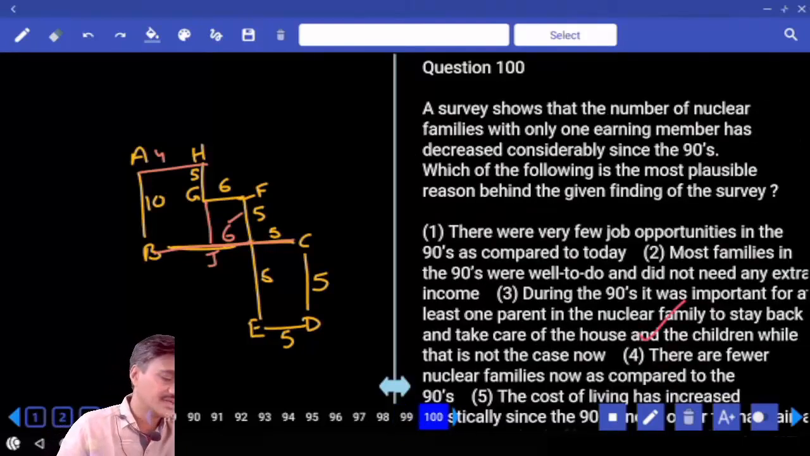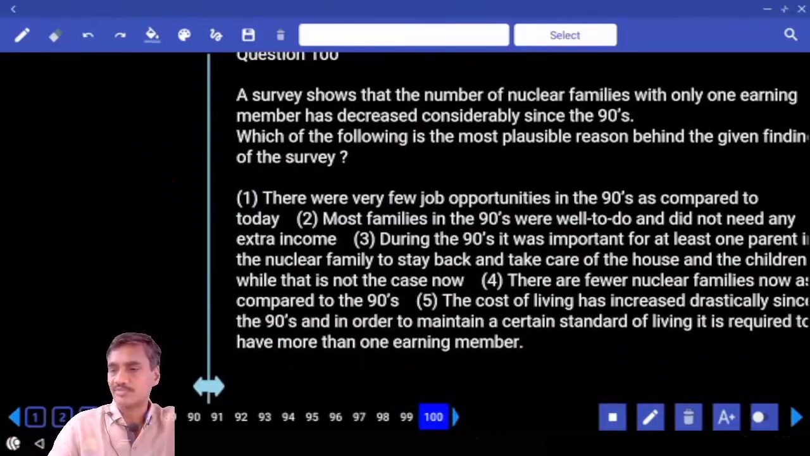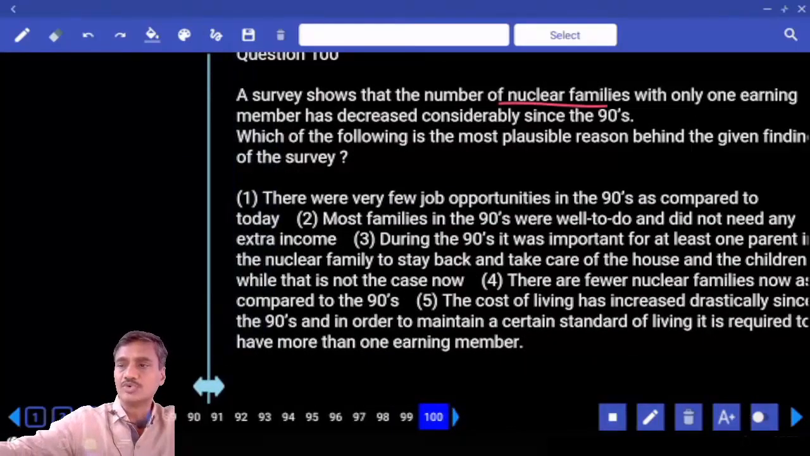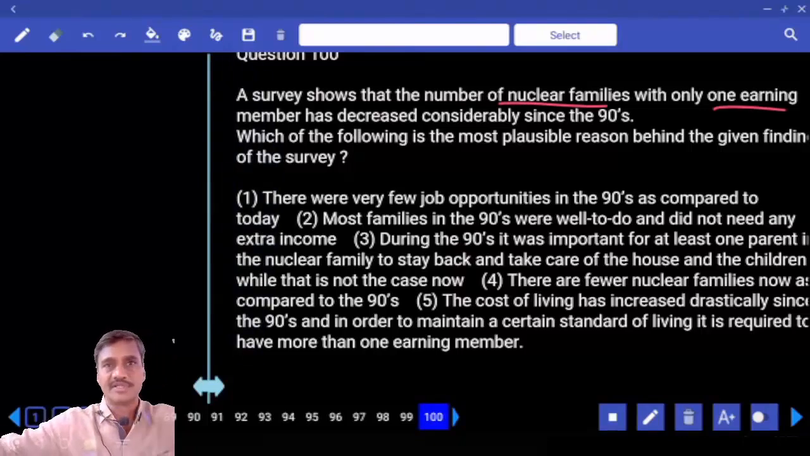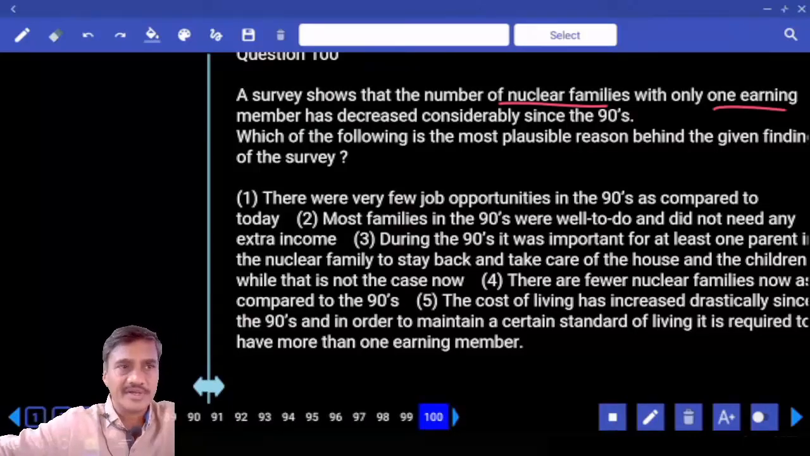And finally 100, a survey shows that the number of nuclear families with only one earning member has decreased considerably since the 90s. Nuclear families means joint families. Now joint families wherein only one member used to be the earning member. All the remaining members were at home. That means our old age